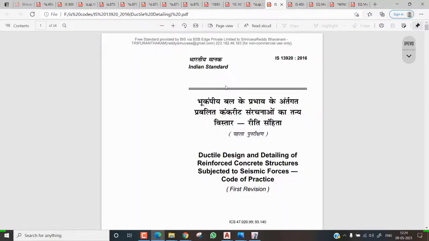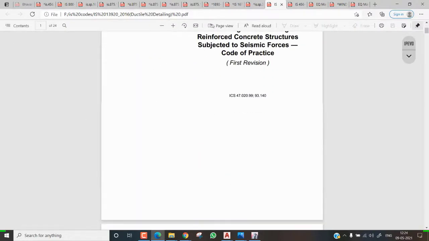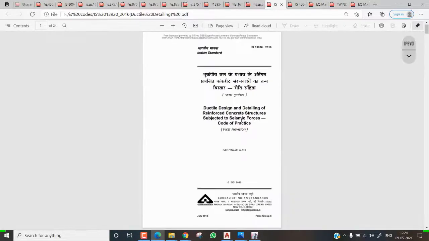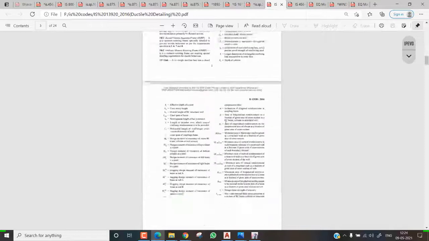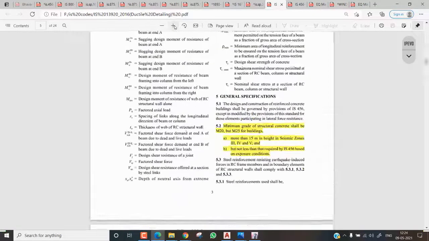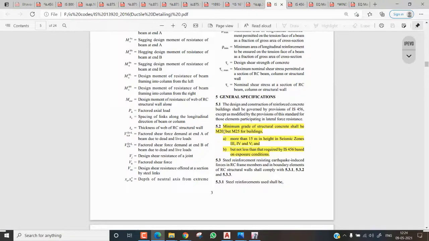And after that, let me show you the last one, the ductile detailing code book. This is not that much, it's only 24 pages of code book. So even if you want to study more things, this is the ductile detailing. And see here, the minimum grade of concrete shall be M20 or M25 for buildings more than 15 meters in height in seismic zones, and it's not less than the required grade based